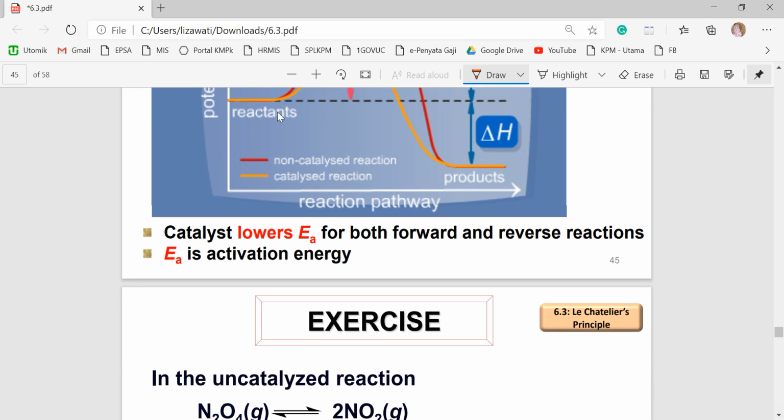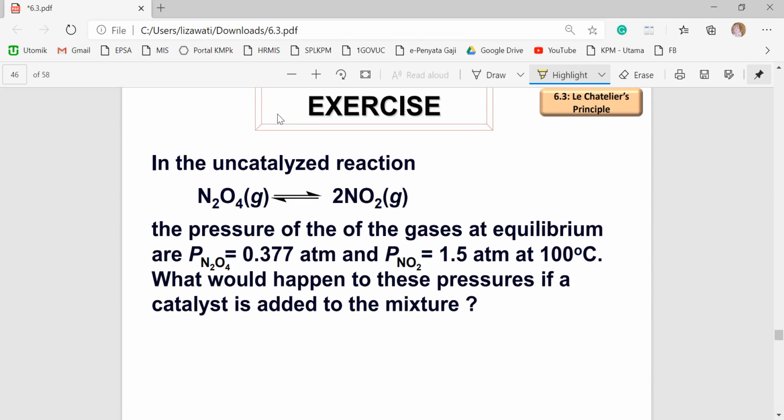So the function of the catalyst here is to lower EA, for both the forward and also the reverse direction. EA is referred to as the activation energy. For example, like this, in the uncatalyzed reaction,